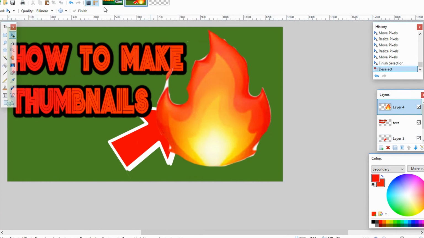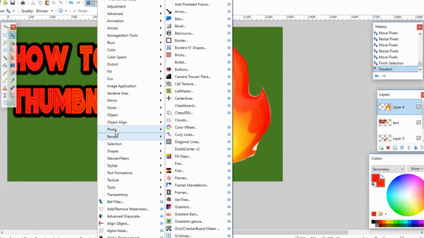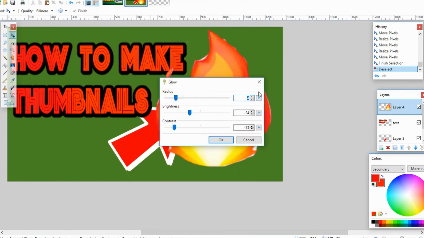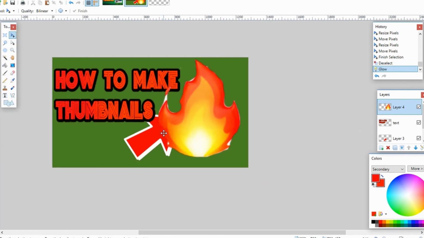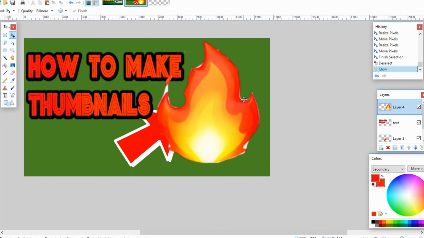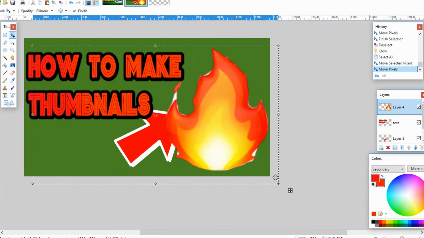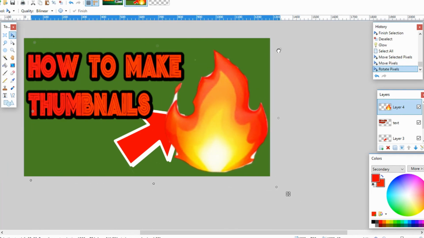You can put the glow effects, and you could go to photo, you can put that glow effect. See that nice glow effect? And then you could just put the brightness a little bit, if you want this kind of brightness. I like to keep mine a little bit like this. Yeah, it's like that. And so after that, you can resize it again to where you want it, like this,